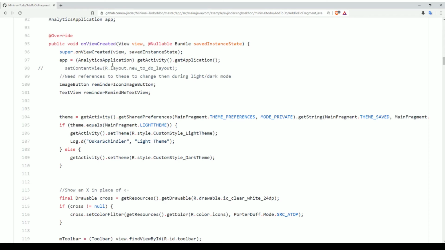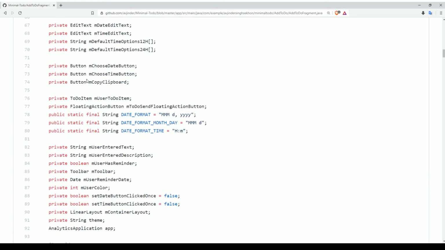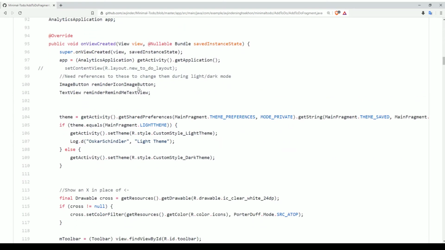So this is part of any Android application. You're always going to have a view creation. So this is what happens. So you have onViewCreated. Yep, that's boilerplate. App analytics application get activity.get application. So they're getting the analytics application class activity, I should say. Need references to these to change them during light dark mode. Okay, that's fair enough, but I'm curious as to why you're creating them here and not putting them up here with everything else. Yeah, so this is why I chose this class to look at,